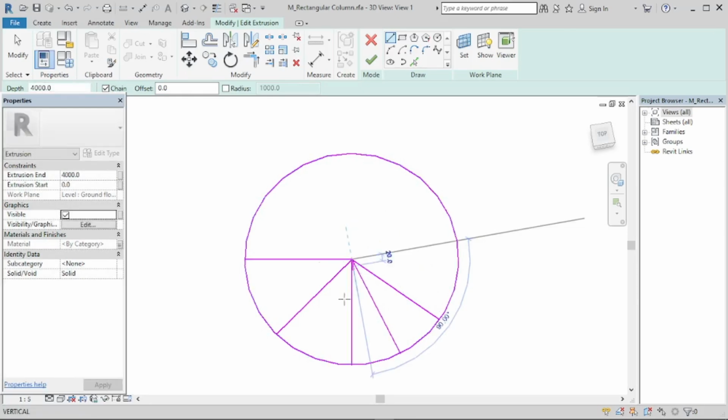Click, and in between the segment as well. Click, and in between the segment, click. So now we've got several segments, but it's not yet complete, so we're just gonna